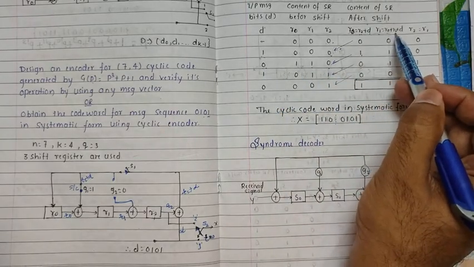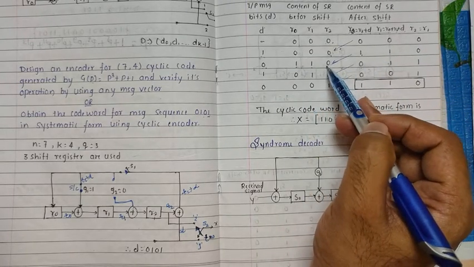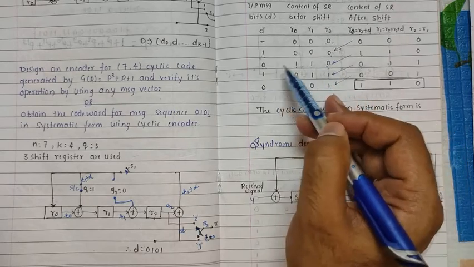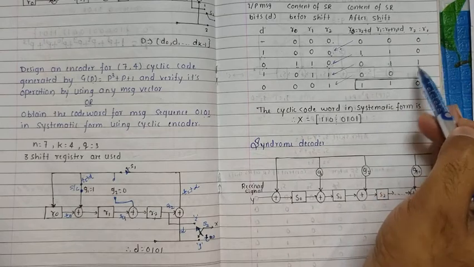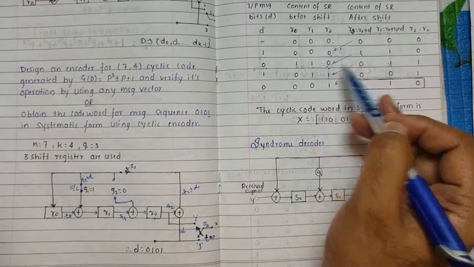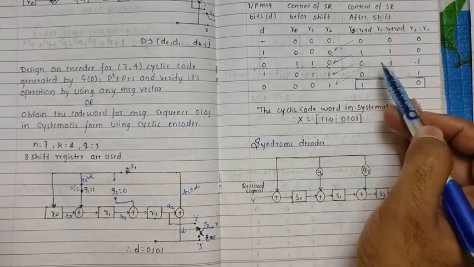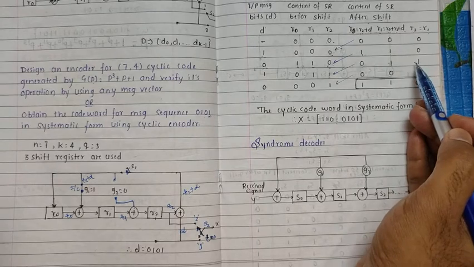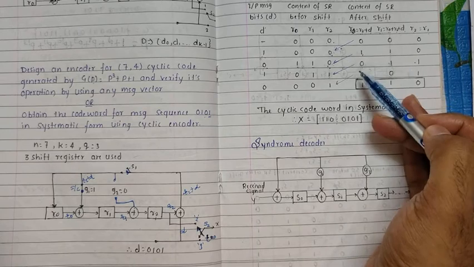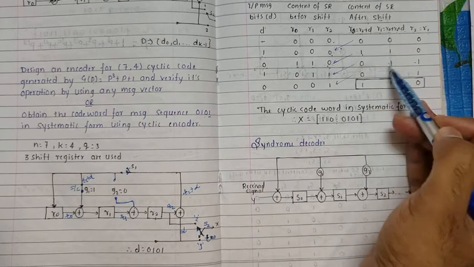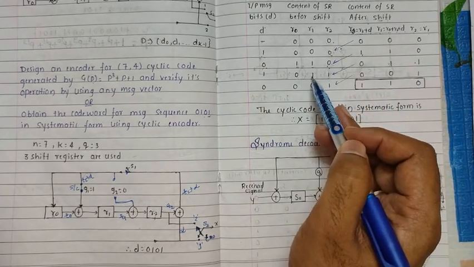R1 is R0 plus R2 plus D. So right now what is available in R0? 1. What is available in R2? 0. And what is D? 0. So 1 plus 0 is 1. And R2 is equal to R1. So what is R1 right now? 1. So that is 1. Okay, so at the end of the input 0, we are getting 0, 1, 1 as the content of the shift register. Now when the next bit will be applied, the content of the shift registers changes and they are 0, 1, 1. That's why we have written them here 0, 1, 1.